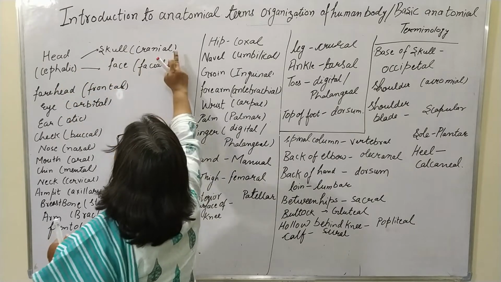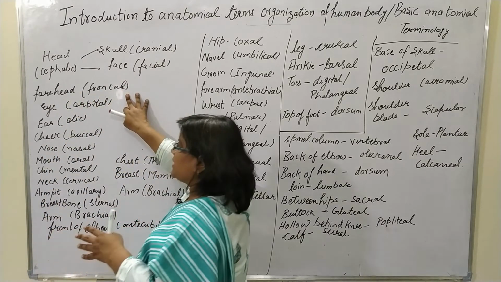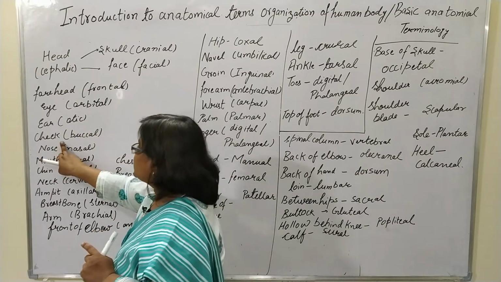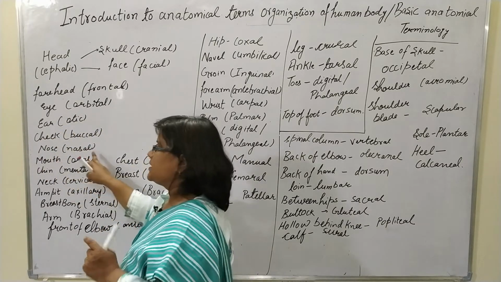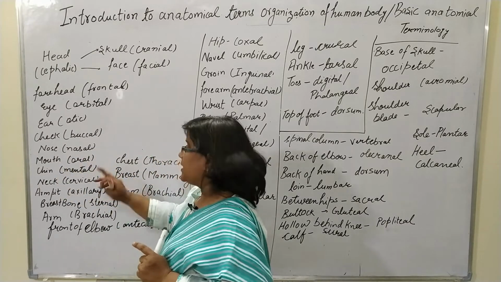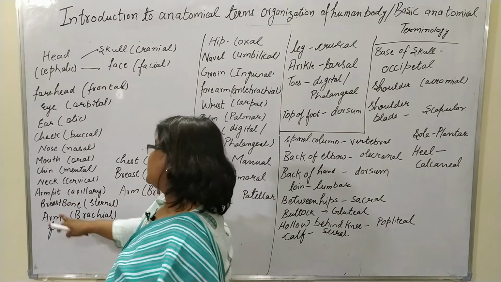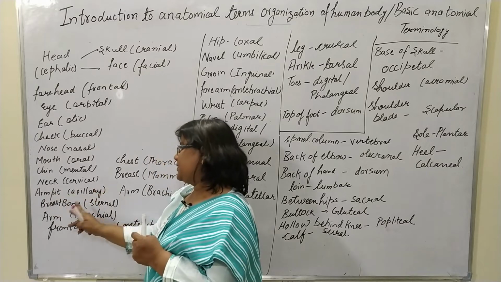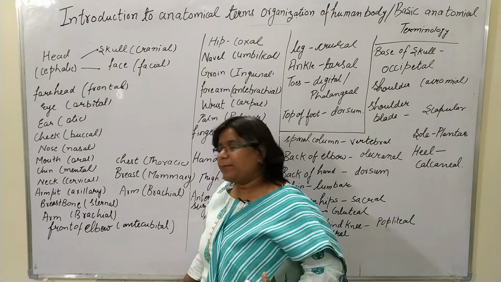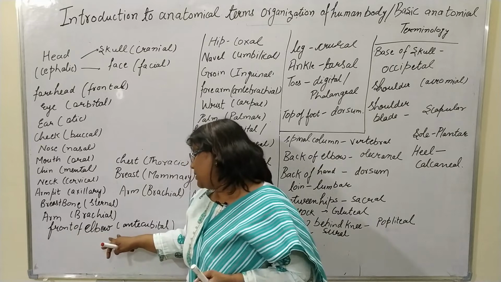Skull is cranial, face is facial, forehead is frontal, eye is orbital, ear is otic, cheek is buccal, nose is nasal, mouth is oral, chin is mental, neck is cervical, the neck region, the cervical region. Armpit is axillary, breastbone is sternal, arm is brachial,